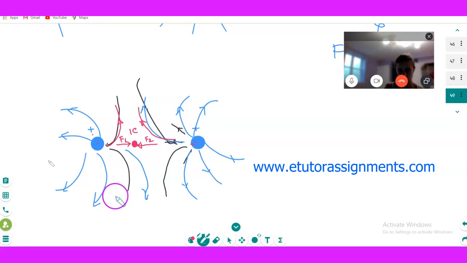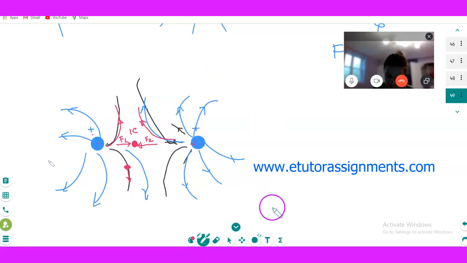If I put one unit charge, you see my unit charge. This charge I will keep here. It means it is getting a force in this direction. If I put one unit charge, correct? This unit charge I have to put for getting the electric field at that particular point. Okay, correct?